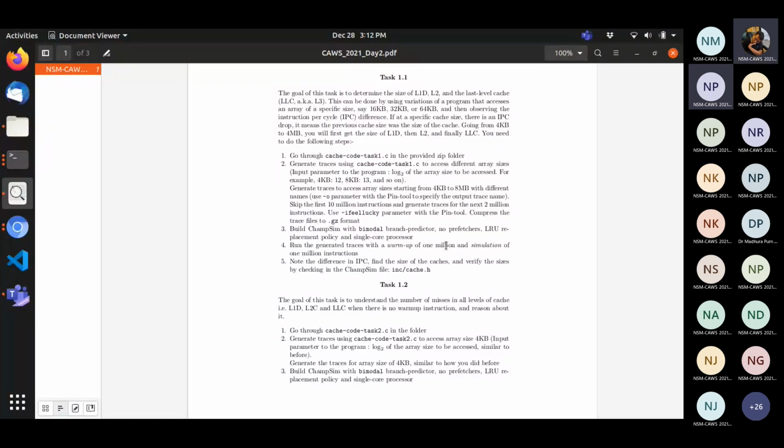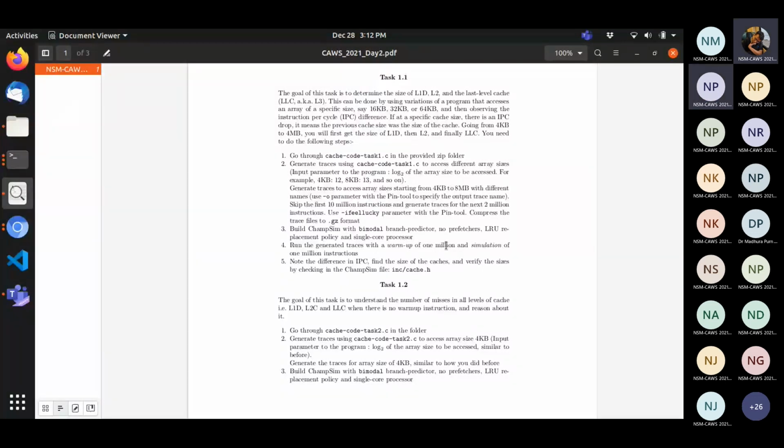Hang on. You are actually mixing everything. It's becoming khichdi. Do one step at a time. For 4 KB, do the command, do whatever is instructed, press enter. Once it is done, the result will be there for 4 KB. Similarly, for 8 KB, use the 8 KB trace file that you have generated, press enter. You will get the results for 8 KB.